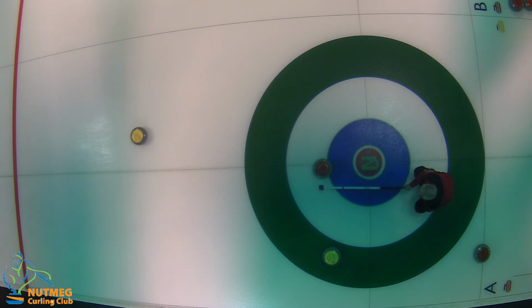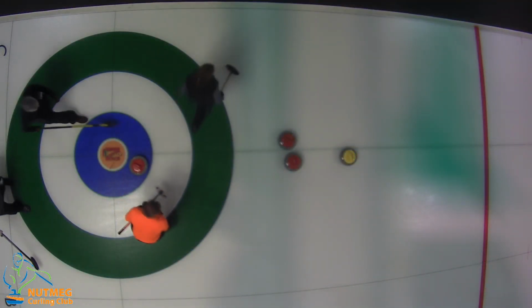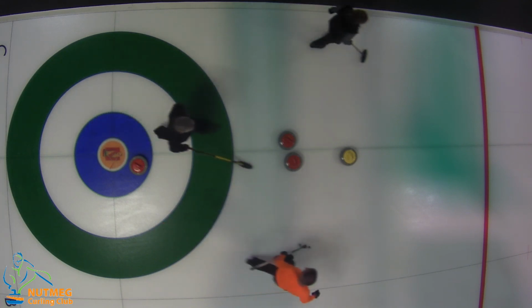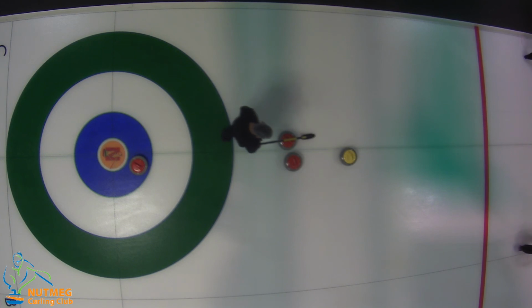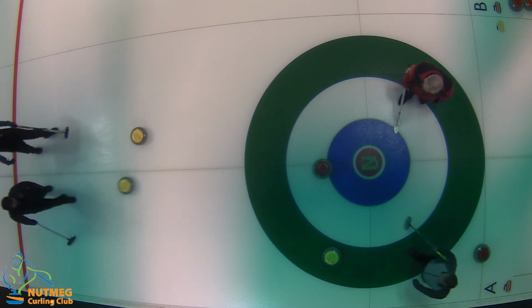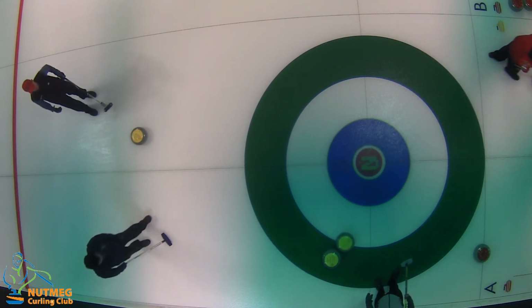We're still looking over at sheet A. Let me show you what's going on on sheet C. Again, early on in the end, we're still on second rocks. Giuseppe up by 2 with the red. He's done a pretty good job of clouding up the front of the house today. That's made it difficult for the yellow Flanders rink to get in there and really do what they wanted to do. Meanwhile, we're still trading stones over here on